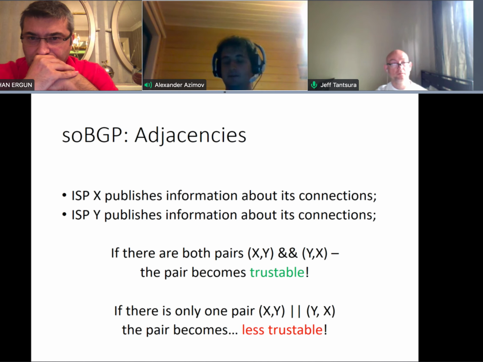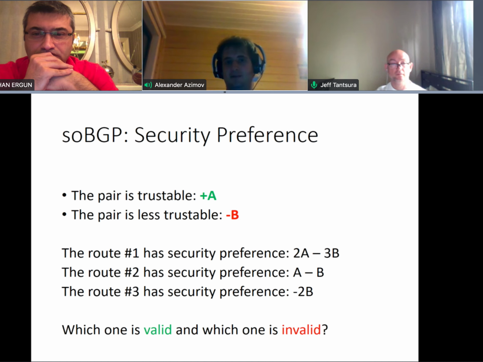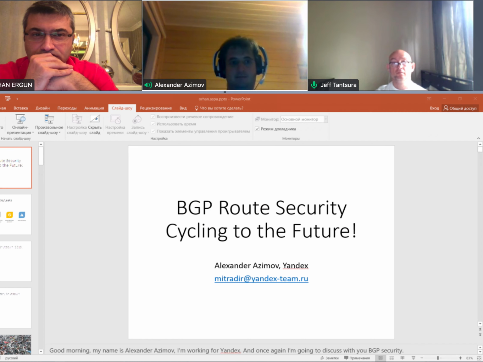But what can we say if there is only one part of the pair? Networks are different. One may sign it, one may not. So we cannot say that the pair is invalid. We can only say that it is less trustable. And so the draft suggested that we use some kind of function that will add trust when the pair is trustable and decrease trust when